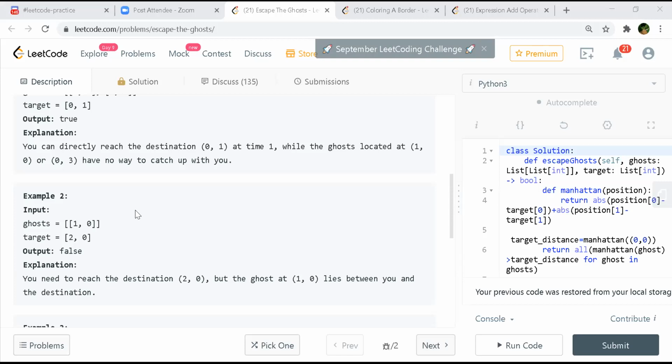But your ghost will reach before you because you still have to reach the target, correct? Yeah. But the ghost can't stay in the target position. Even it has to move. No, no, it's not like that. See, once you reach the target, you're done. So he will remain there always. So you assume it that way, okay? Yeah. So it's not that the ghost is going to go away from the target. He ends at the target. He's there, so your target is occupied by the ghost.